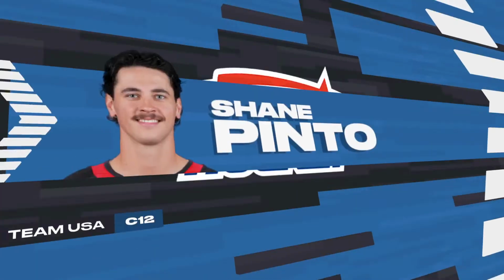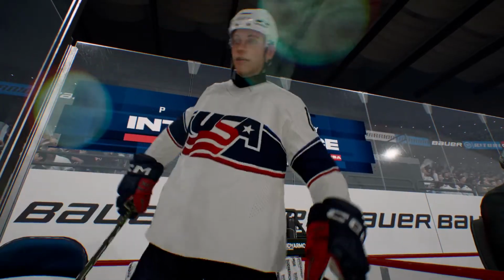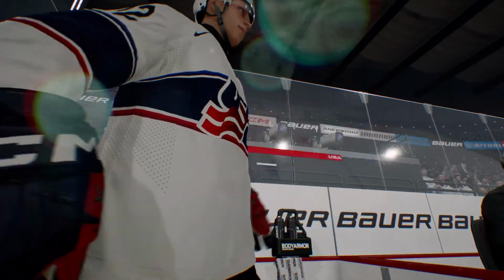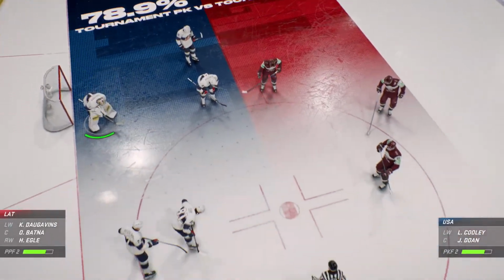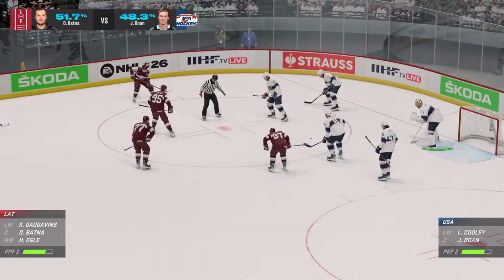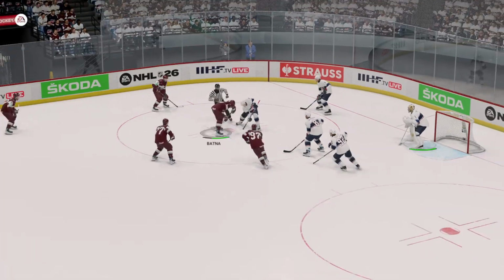Just a little bit of a stiff arm, if you will, for Shane Pinto as the bodies in there on the faceoff kind of started to separate. A little bit of a shove for Pinto, called for interference. And a power play upcoming here for Latvia in this opening period, scoreless.